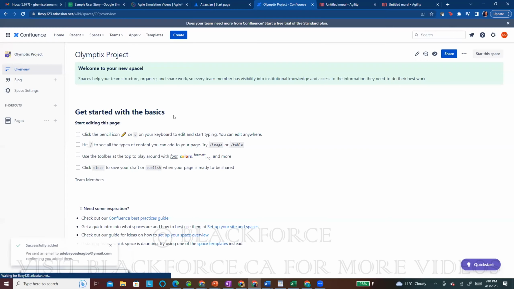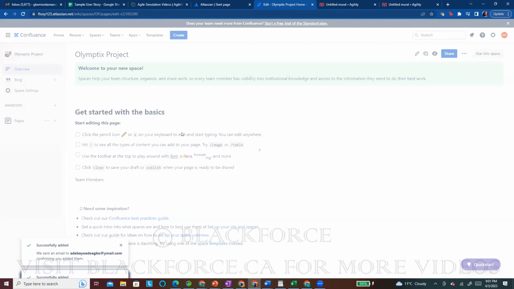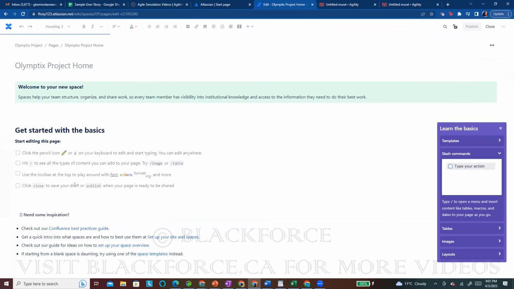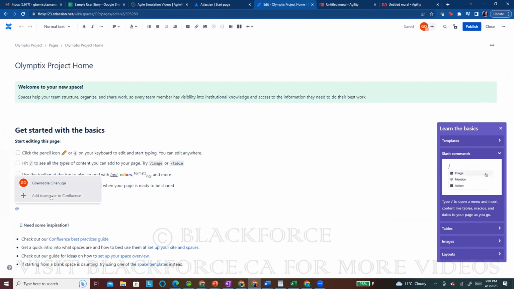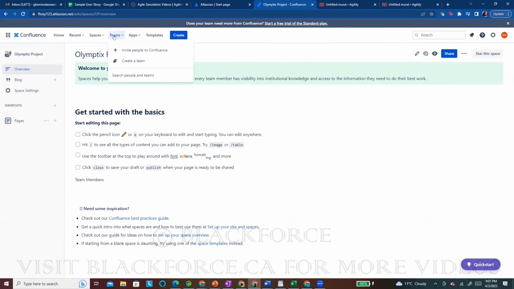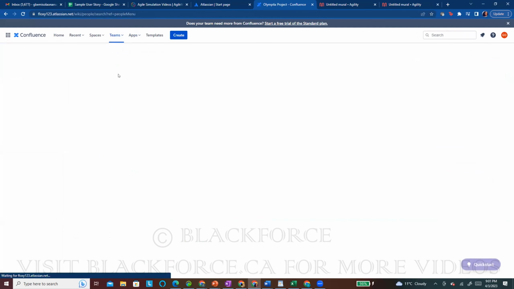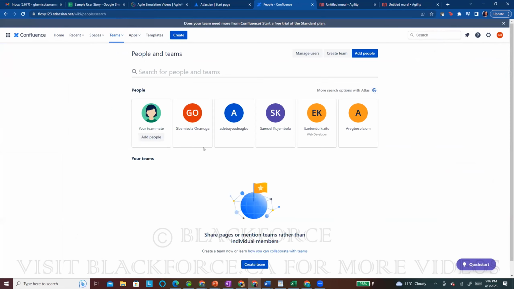Okay. So I'll just go in straight and say, this is the home page. I said you can decorate it, right? I'm not going to be decorating it now, but you can decorate this, and you can add team members. So if I look at the people that have joined first, if you go here, let's search for people. I can see,